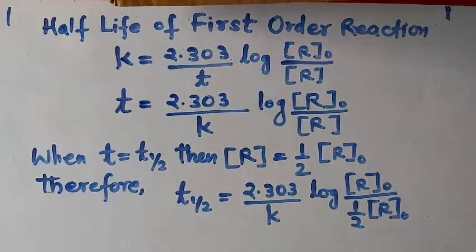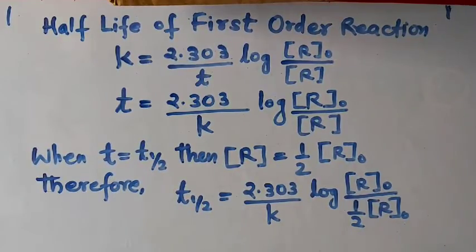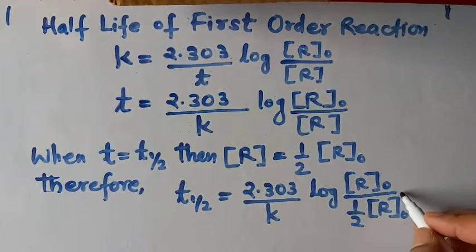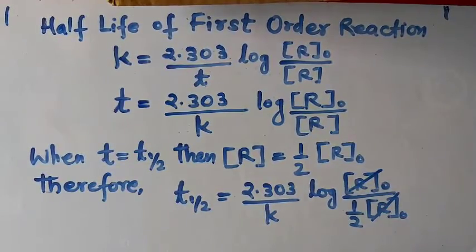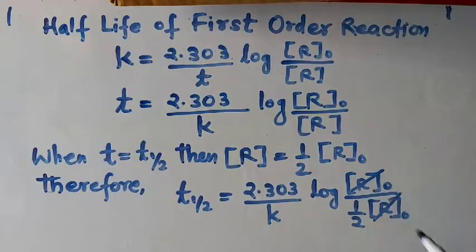This is going to become, and we will cancel these common values. 2 will be placed over here, and the equation would become